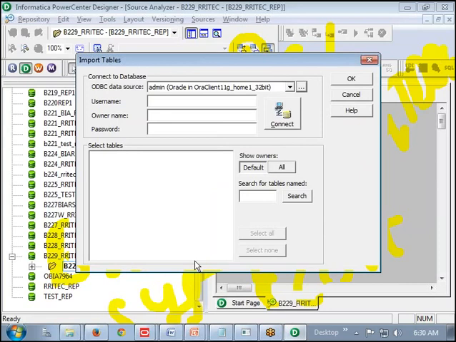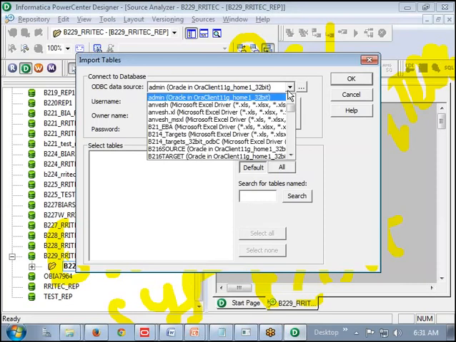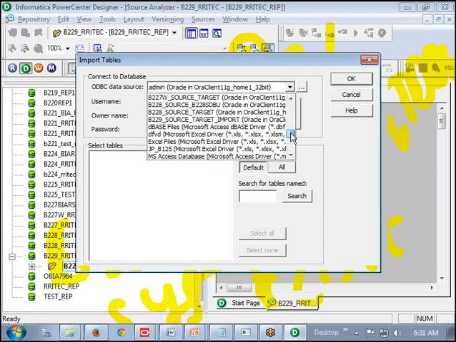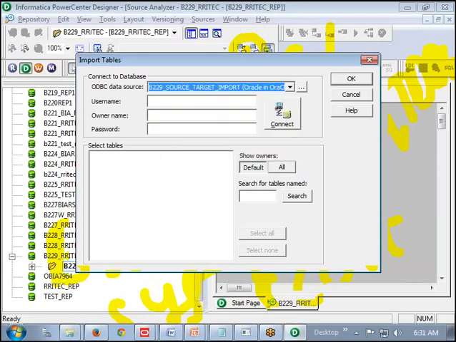Now from the drop down, select the connection you just created, B229. Now provide the username. This is what I am saying: in the runtime, whatever user you want to connect, you can connect.